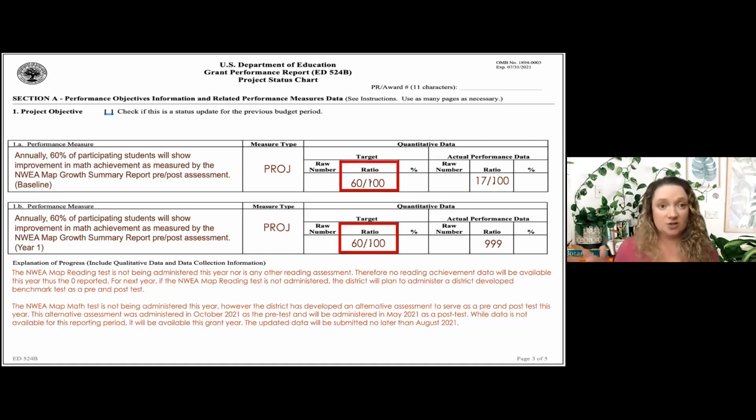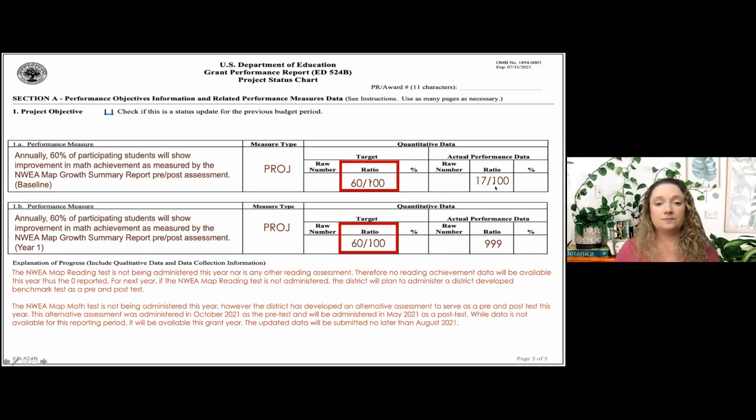First, you're going to input your target. You can see from the way this was written that I'm trying to hit 60%, so my target is 60 out of 100. Your target is going to remain the same throughout. Once you set your objectives in this first APR, that's what you live with for the life of your grant.